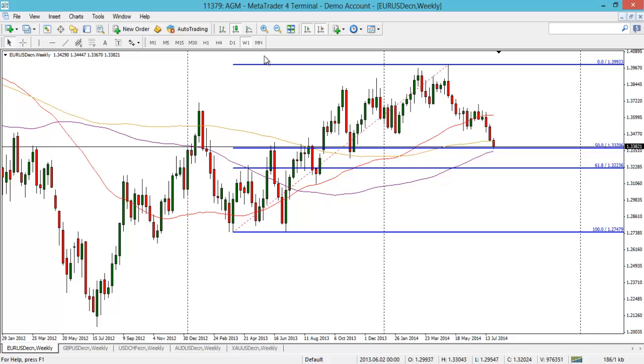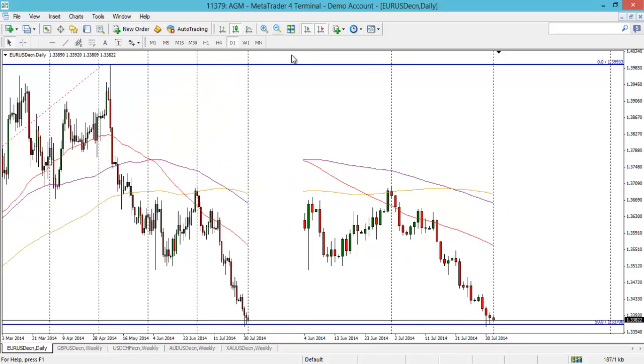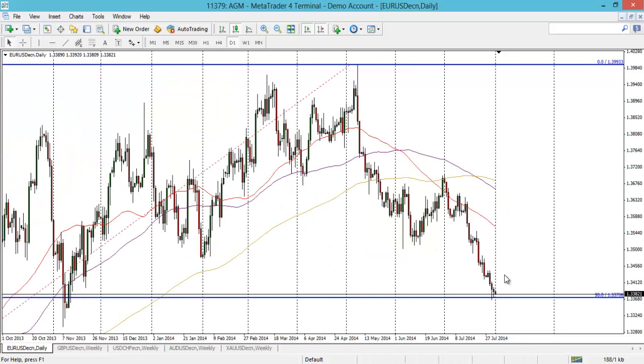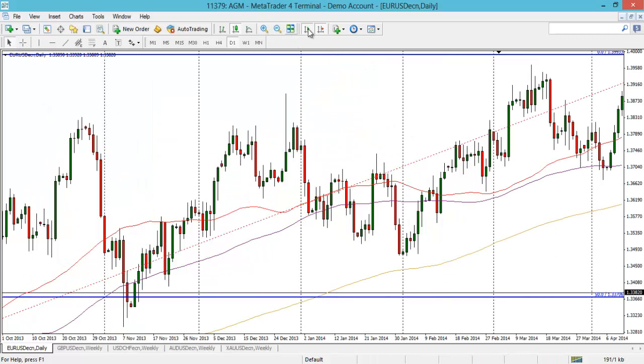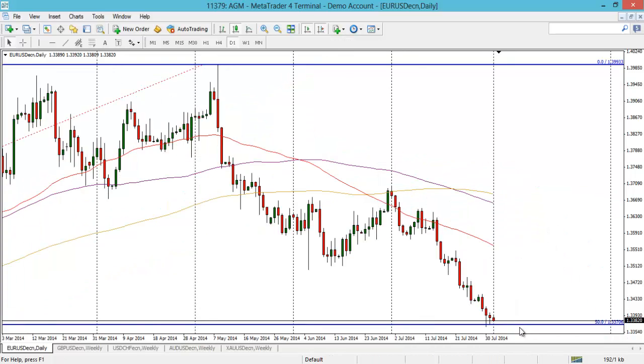But let's flip it down to the daily chart. It's pretty self-explanatory. It's just been grinding lower this week. There's nothing more to it. Keeping the same fib up, you can see we've had 2 daily tests of this 50%. We did show it piercing below that and it closed above, but you can see no green candles yet. So I expect another test of this 50% retracement today, and then of course anything can happen, all depending on the number.